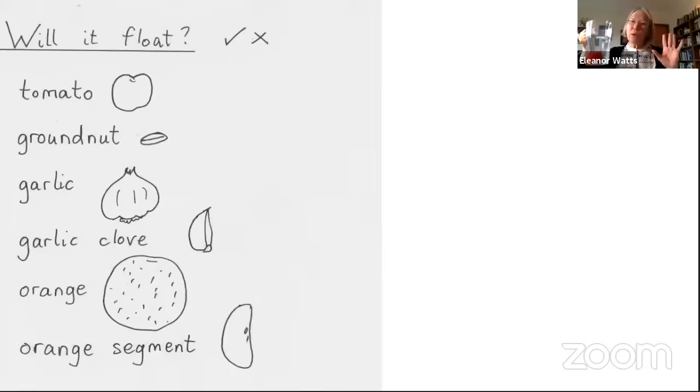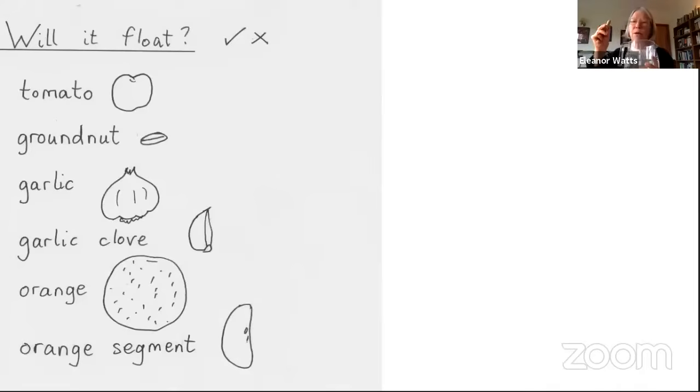Now, don't feel bad if you guessed wrong, because I have to tell you as a teacher, the reason why I start with tomatoes is because sometimes they sink and sometimes they float. Now, if we had all day, we could talk about why that might be, and reminding ourselves that the oldest possible children we have are 8. But we might point out, for example, that a tomato is pretty wet. It's got lots of water in it. So it's very similar to water. Sometimes it goes up, sometimes it goes down. It may be because it's a very ripe tomato it's gone down. Who knows? Maybe we could explore that in another lesson.